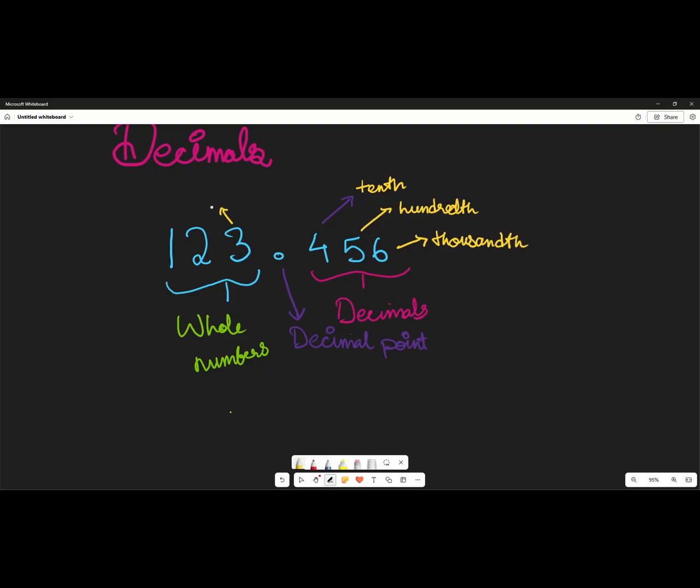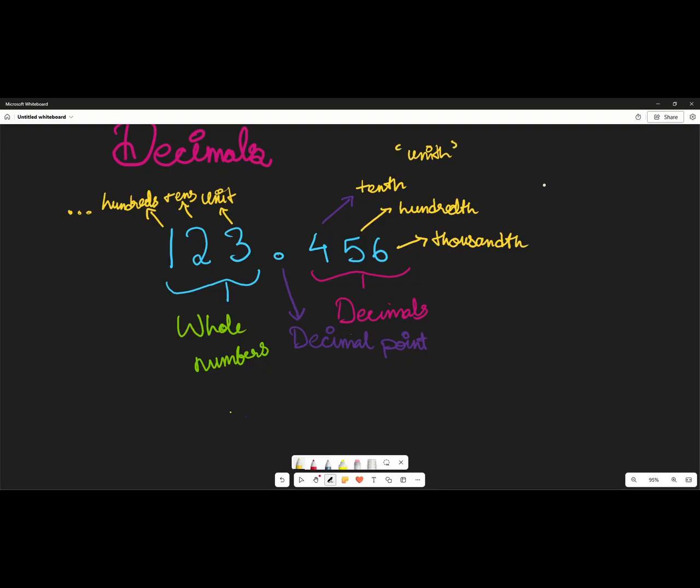This is unit, this is 10, and this is 100, and so on, right? Now the reason we don't have a unit